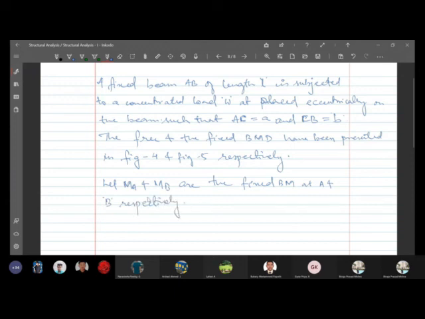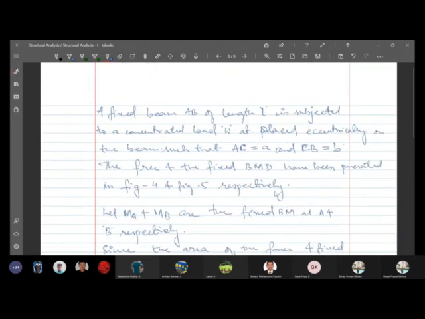Since the area of the free and fixed bending moment diagrams are equal, we have,